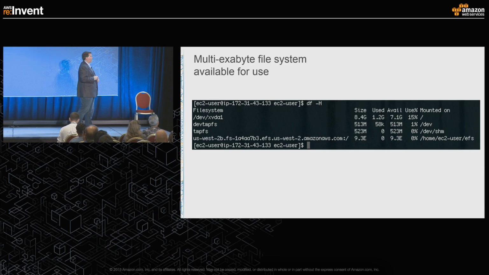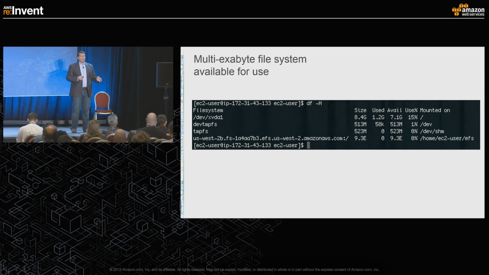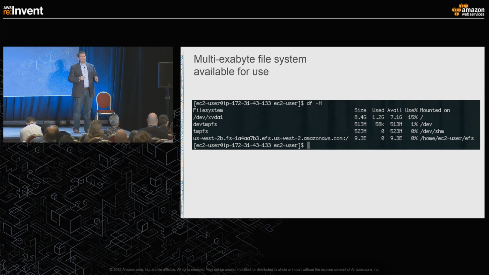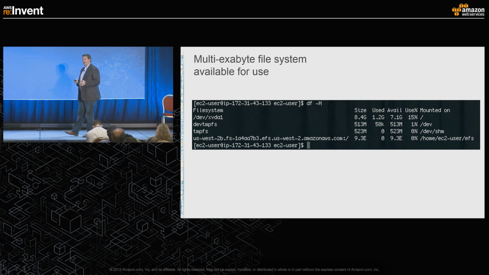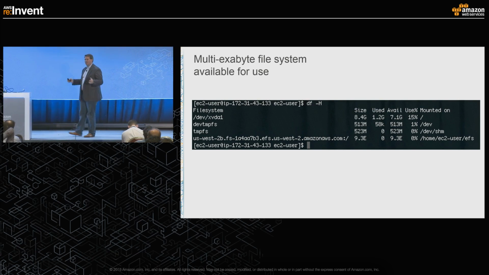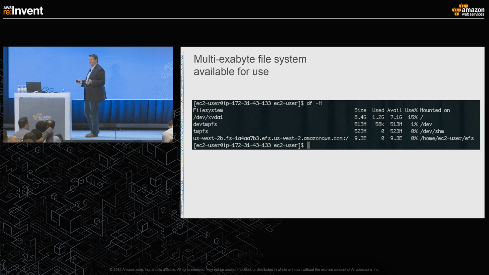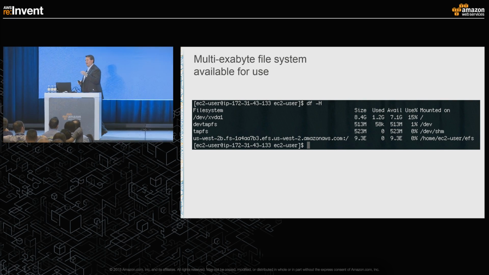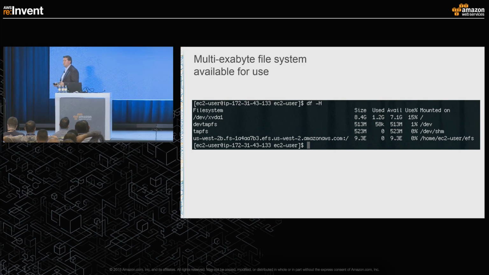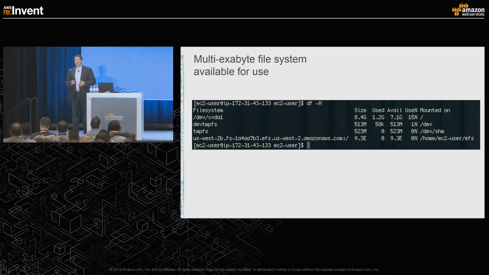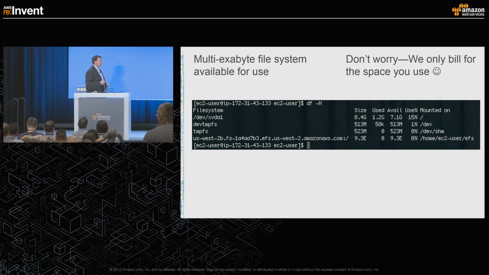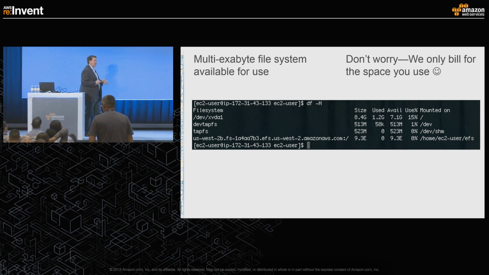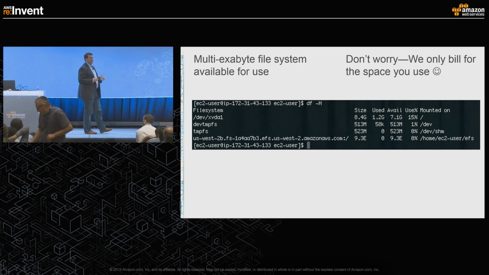So the steps that we've taken to create a multi-exabyte file system, a file system that can scale to the petabyte class for you, really took under a minute. Doing this the old way, you'd have to go off and provision tons and tons of gear, deploy it in multiple physical locations, stand up a file system, manage that file system, hope that the communications for that file system were something that we're able to keep up with its scale. And we delivered that capability for you here in just a couple of clicks. Even though you've got a couple of exabytes of capacity that are available to you, don't worry, we only bill you for the space that you use.